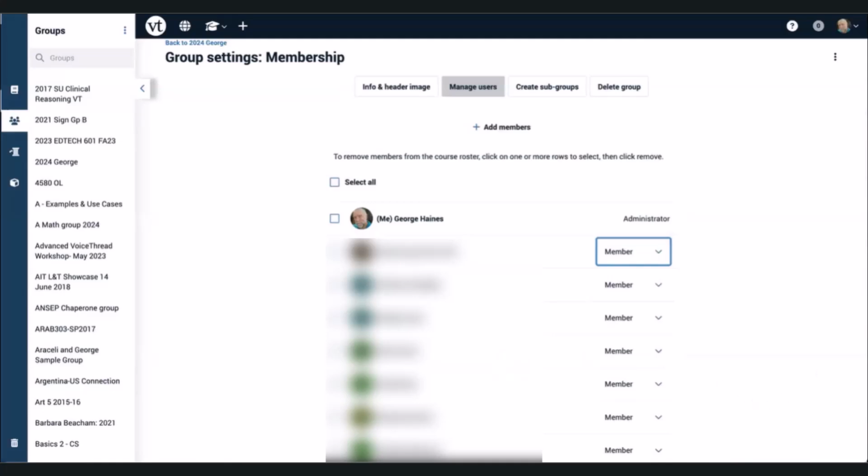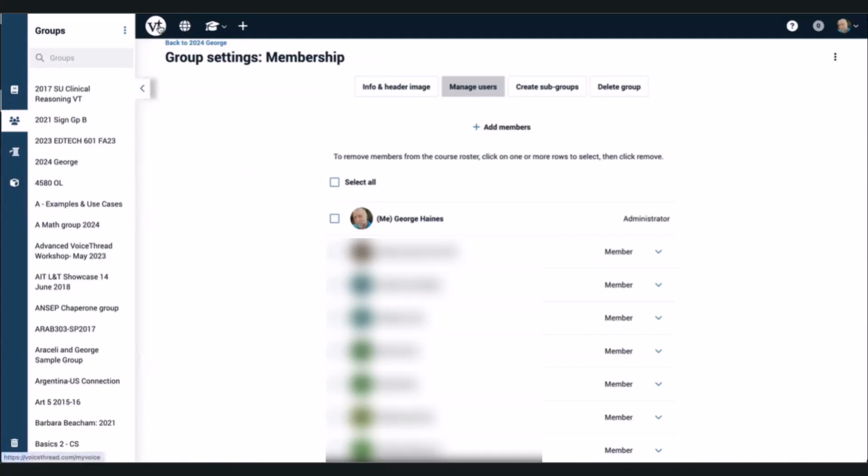Now I do see a question. When I shared a VoiceThread with my colleague, I learned that my students and her students worked on the same VoiceThread, so how can I prevent this? If you share a VoiceThread with your colleagues and they share it with their class, then everybody who has access to it can work on it. If you don't want that to happen, make a copy and share the copy. It will be the same content in the VoiceThread, but they would be different instances.